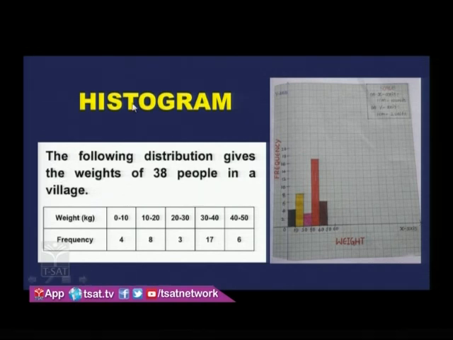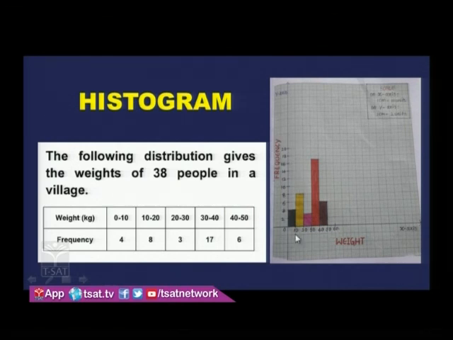So here I have a histogram. What is this histogram? It is almost like a bar graph. In the first session we discussed bar graph, no? Here if you look at this graph, what do we have? Rectangles of same width and different heights. But there is no gap between the rectangles. They are drawn side by side. But in bar graphs, when we drew in the first session, there we had a gap between the rectangles. And on the x-axis, we have taken the items or the observations, and on the y-axis, we have taken the frequencies.